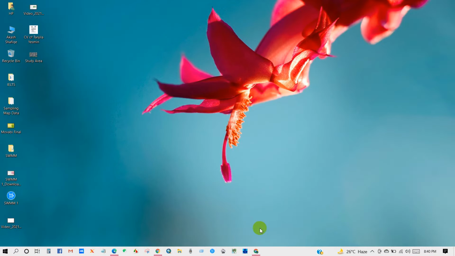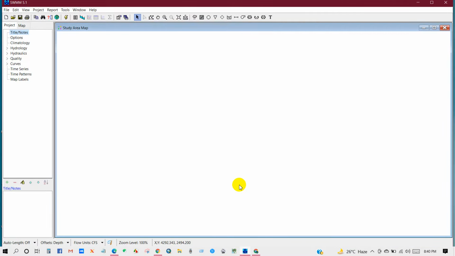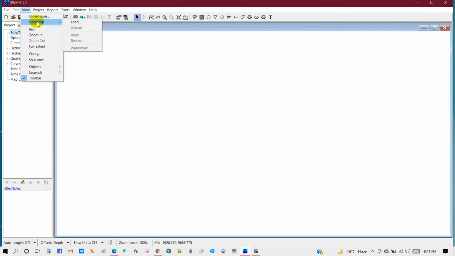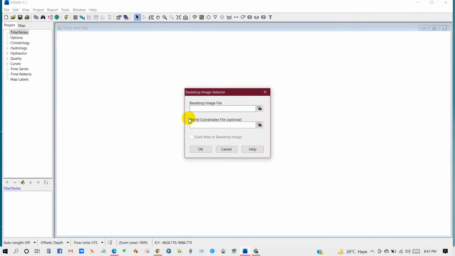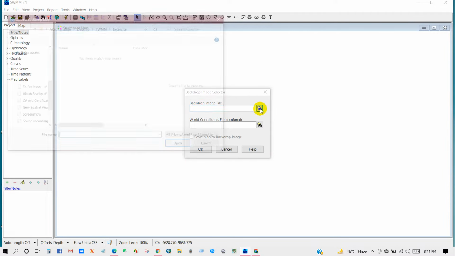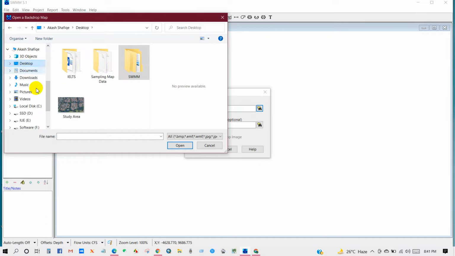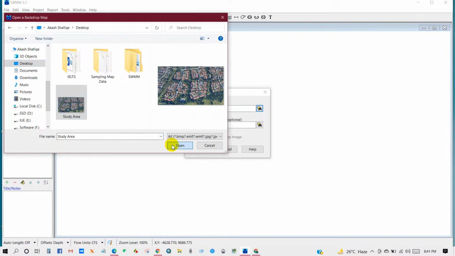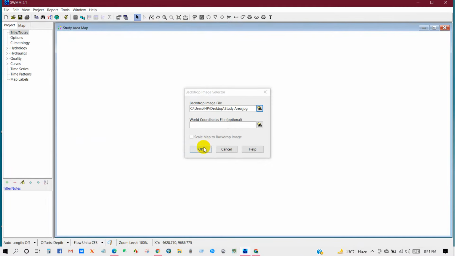drainage system. First, open software SWMM, then I will add raster file of my study area. For that, go to view, then backdrops, load, then backdrop image file. I'm adding the raster file of my study area, then click open and then click OK,